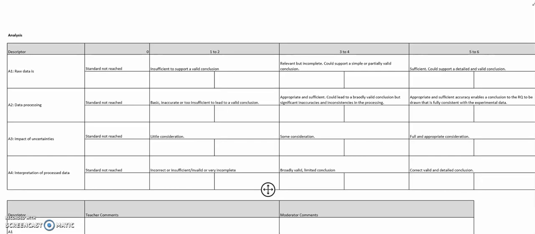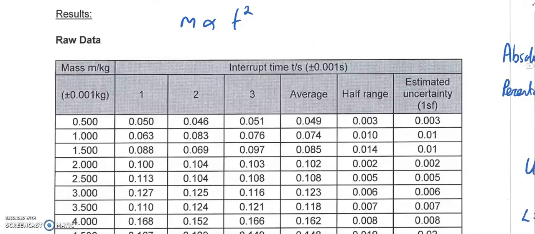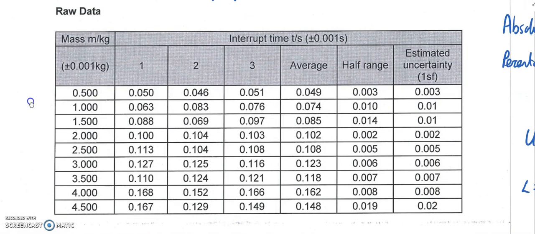In this video, we'll talk about the analysis section of the exemplar. So the first point available is that your raw data is sufficient, that it could support a detailed and valid conclusion. Now what does that look like? So here is the raw data,